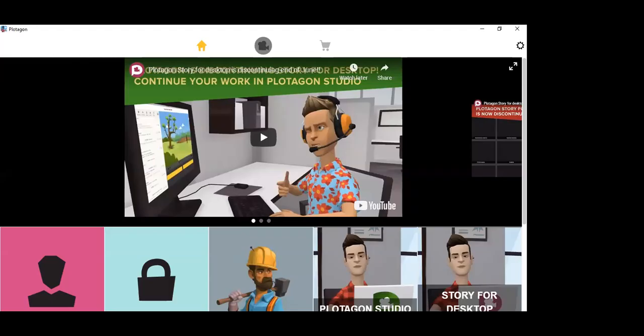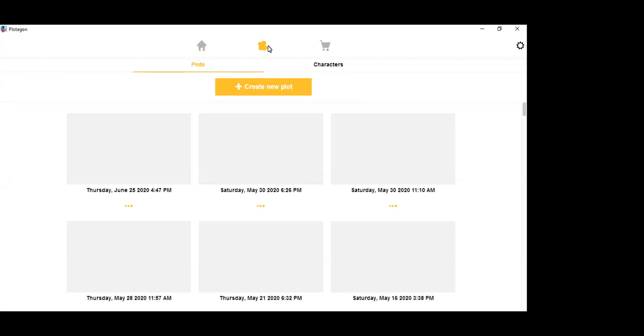That shopping symbol. So in that camera symbol, there are again two options: plots and character. When you start this cartoon character, you have to think like a director, like you are creating a movie. What will be the scene, who will be the character, actor, actress, and what will be the dialogue. Everything you need to define.